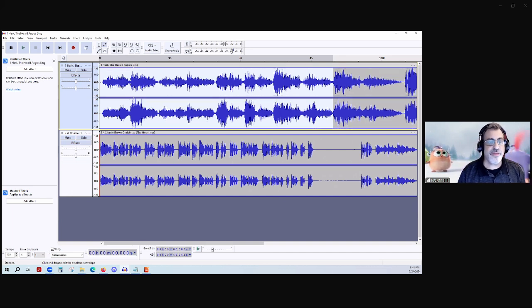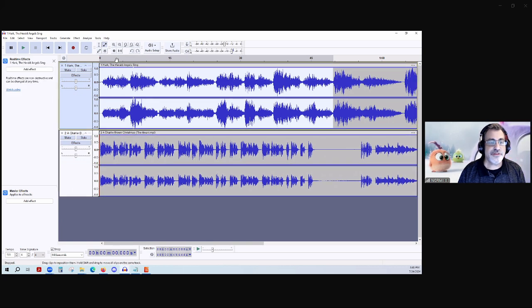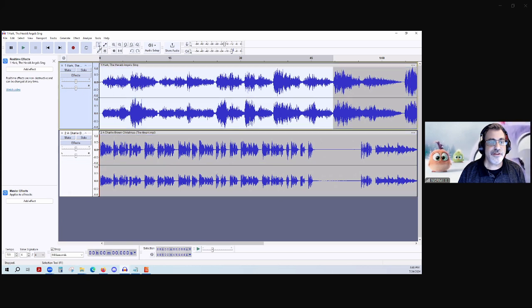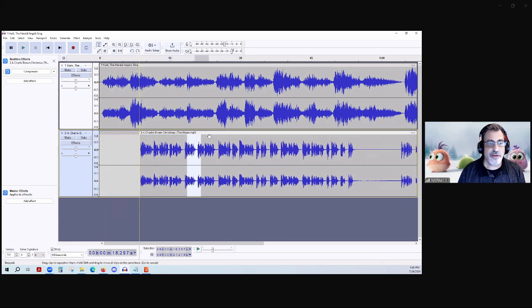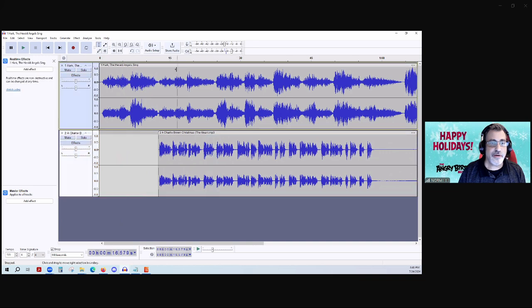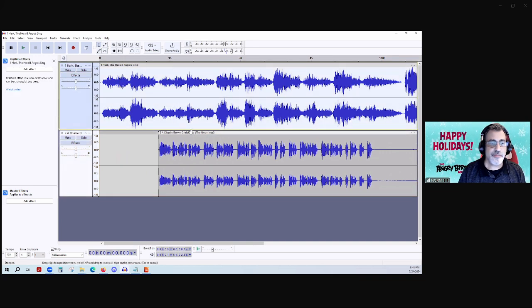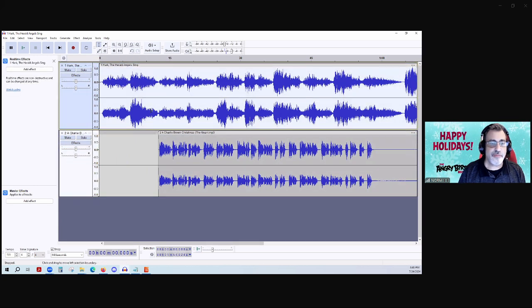The best way to do that, though, is I'm going to move this here and I'll show you. Oops, I still have the tool on. I want to go back to the select tool. Now what I want to do is what they call ducking, right? Now in ducking, the music actually, I'm going to do an auto duck, and I'm going to select this. And I'm going to do a duck.